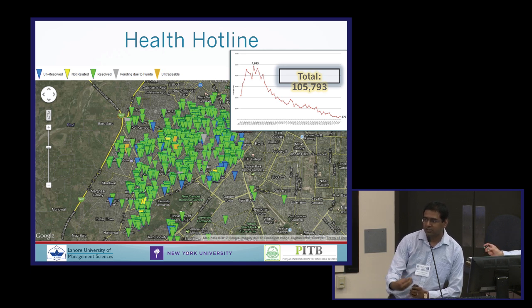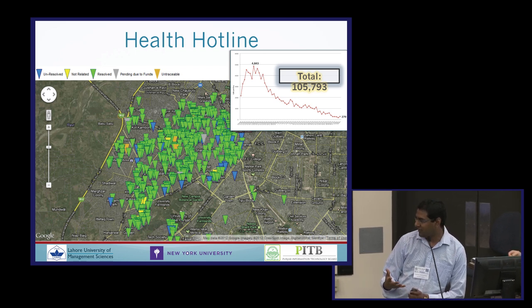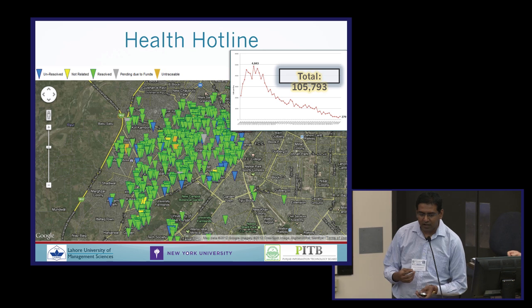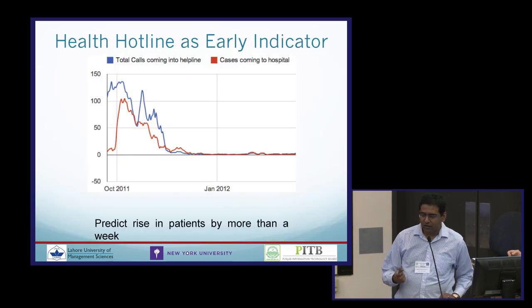Now, using the structured tagged information, which is also location tagged, even if I get 5 calls from a block, that's huge evidence of a potential sign of an outbreak. So we are able to predict an outbreak roughly 12 days before using this data. And this is still unpublished, but we had to get the predictor system deployed.